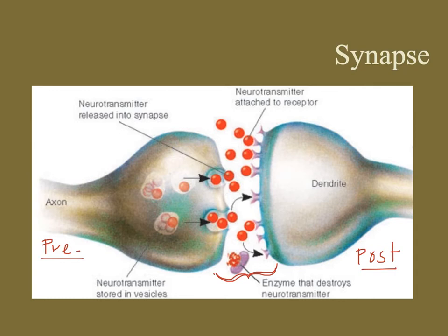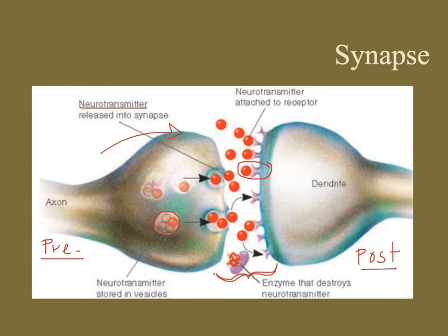And you've already seen this with muscle cells, so this should be very familiar to you, that you have various vesicles that are containing a particular chemical that we call a neurotransmitter. Acetylcholine is the one that we used with muscle cells. And these vesicles then fuse with the cell membrane and release the neurotransmitter into the synapse when that nervous impulse reaches the end of the axon. The neurotransmitter is then picked up by receptors on the dendrite of the next nerve cell, and these are the receptors that trigger the chemical gates, the chemically triggered gates that allow sodium to enter